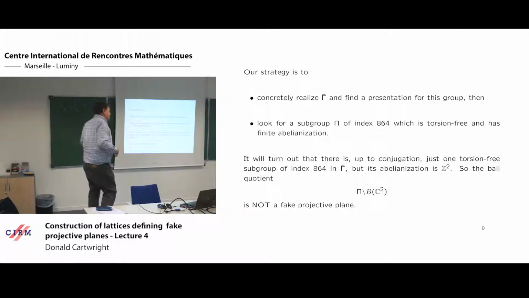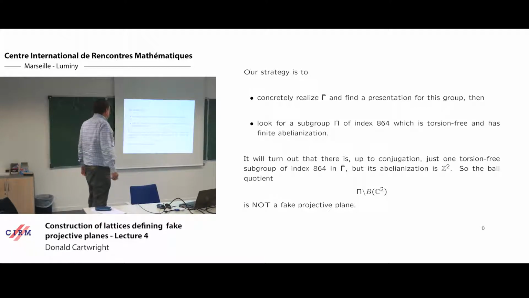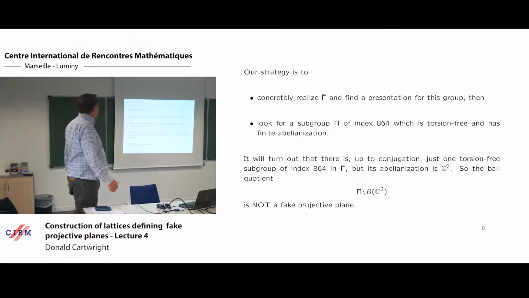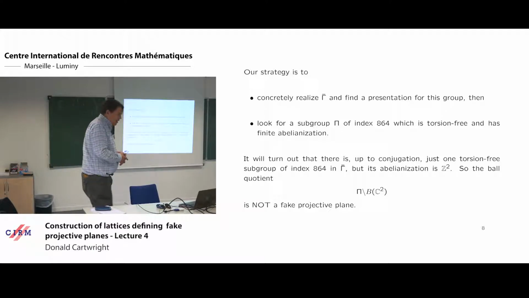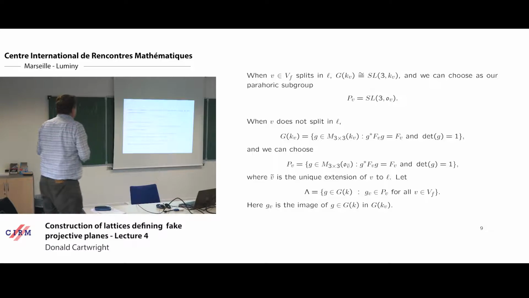Okay. So to cut to the chase, we finally show that there is, up to conjugation, just one torsion-free subgroup of index 864, but its abelianization turns out not to be Z squared, and so you do get a smooth ball quotient, but it's not a fake projective plane. It's got the wrong first Betti number. So that's giving you the climax right at the beginning, which is a bit of a shame, but there you are. All right, so